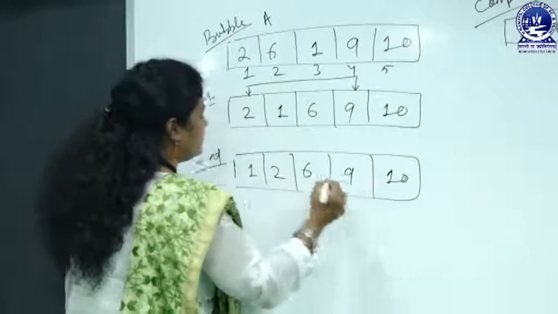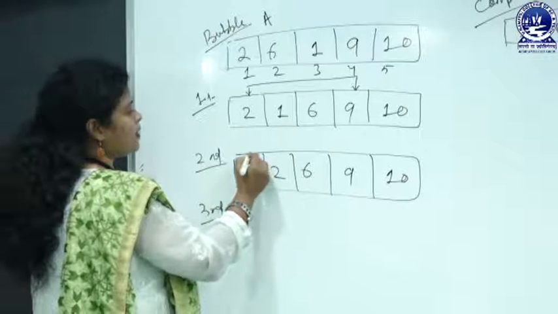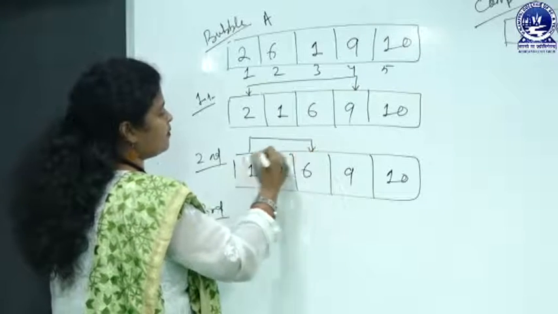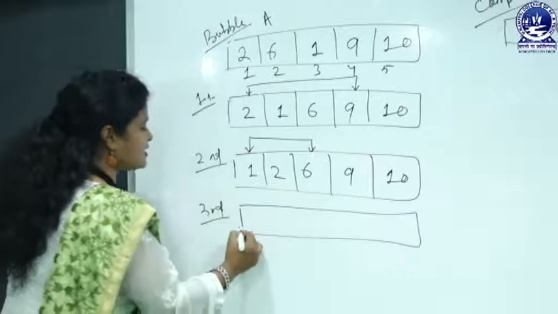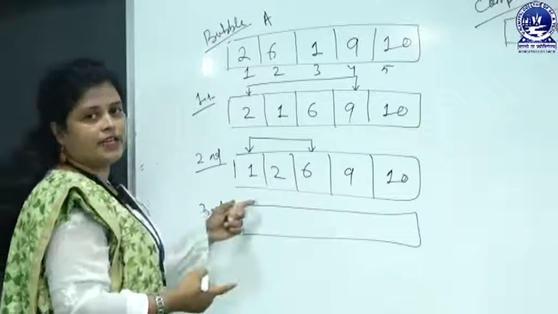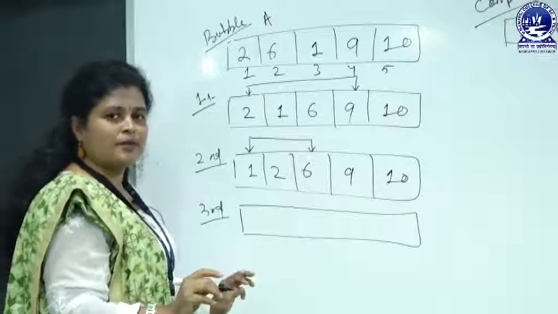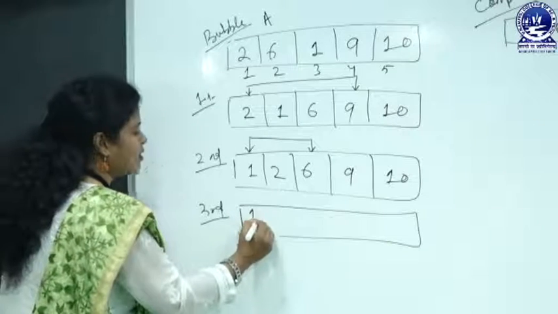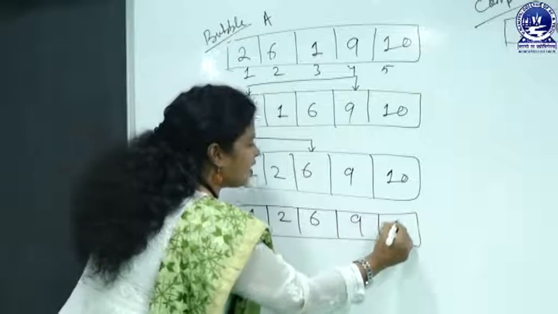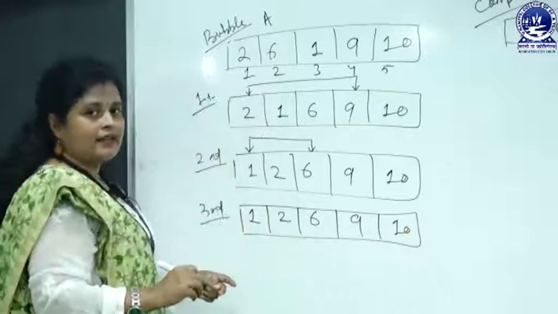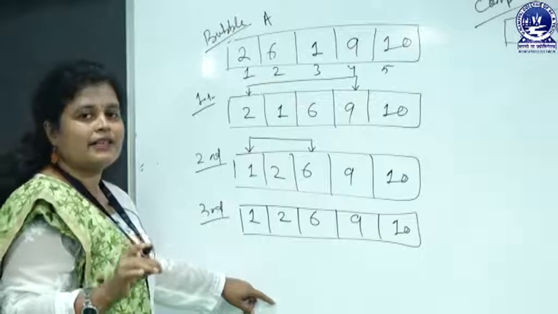And then at the third iteration, what will we take? We will use this many elements, and as the list is already sorted, it is visible here. So, we may say that the list is already sorted. So, there is no requirement of swapping. So, the list will be this one, which is the final output, and here no more iteration is required. This is the advantage of bubble sort.